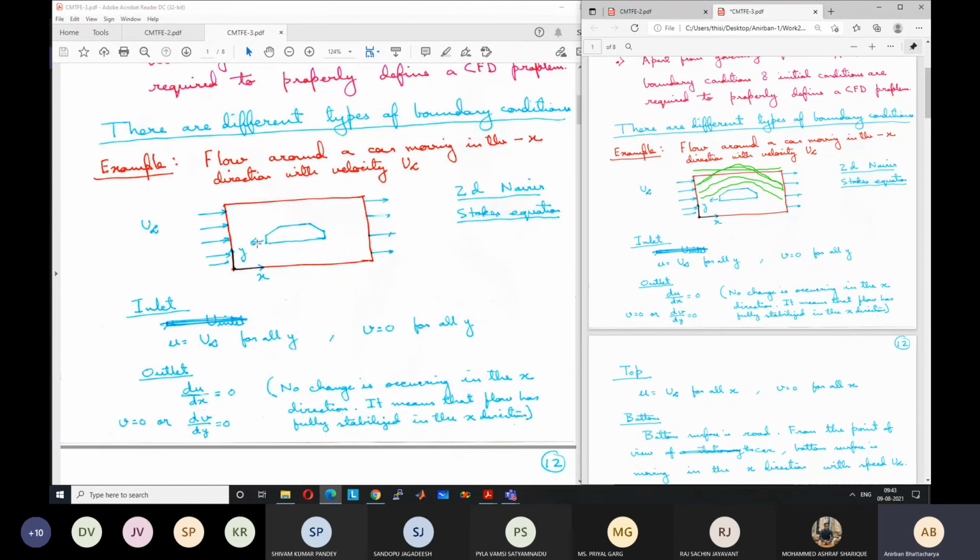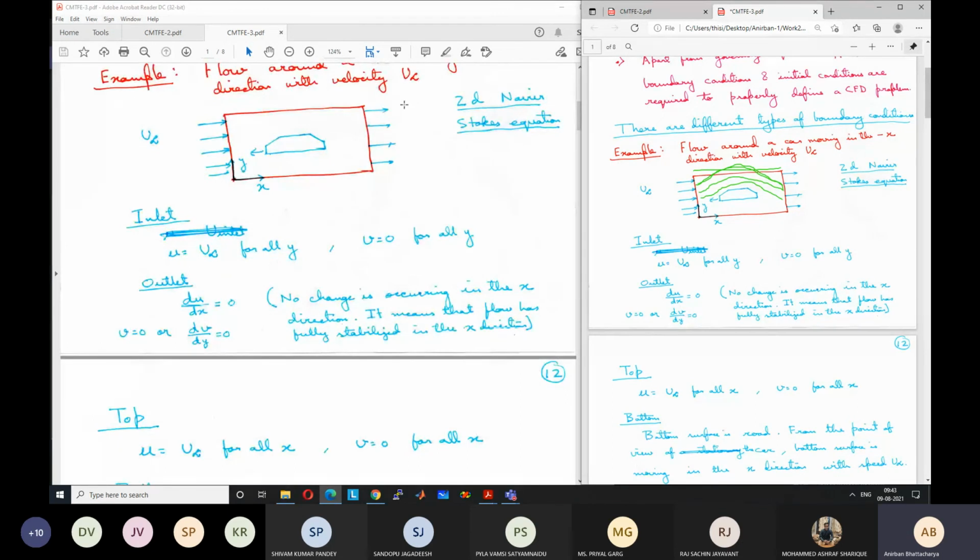So you can see what are the velocity boundary conditions here. Not only the inlet and outlet conditions, as I was saying, for all the boundaries we need to give the condition. So here we have not even discussed the top boundary and bottom boundary condition. For the top boundary, in the actual case it is static, no air flow is occurring, but from the reference point of view of the car, the flow is in the x direction with u infinity velocity. So u is equal to u infinity for all the points along the x direction, and v is equal to 0. There is no v direction flow for all the points along the x direction. This is for the top surface.